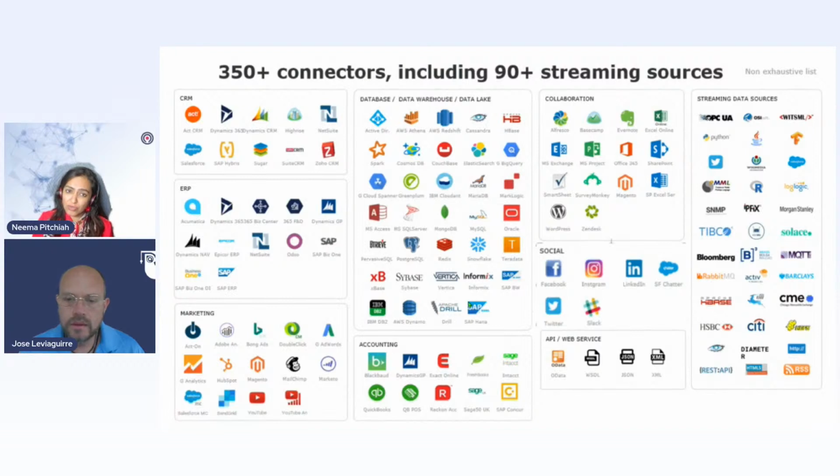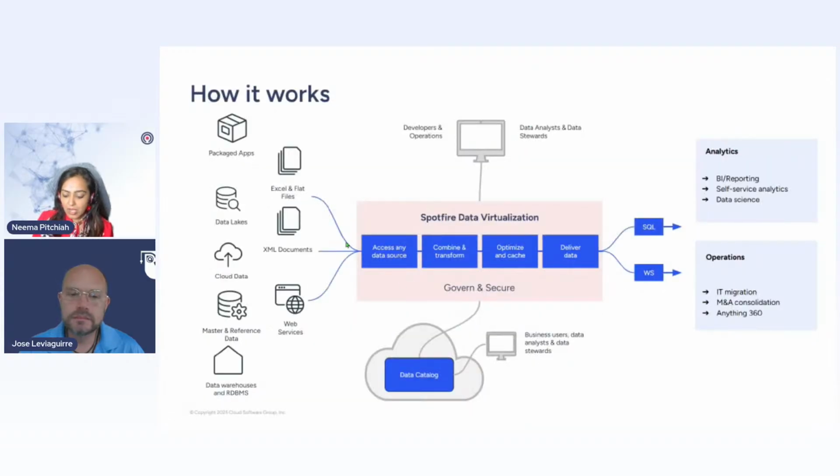It connects to over 350 data sources, including streaming data sources. So irrespective of whether your data lives in a legacy system, like MES, or on the cloud, and if it's streaming, whether it's coming from AVEVA PI or an IoT device, DV is able to connect to it, and we're able to combine the data sources. So how it works basically is your data could live anywhere instead of being in a data silo. DV connects them all,